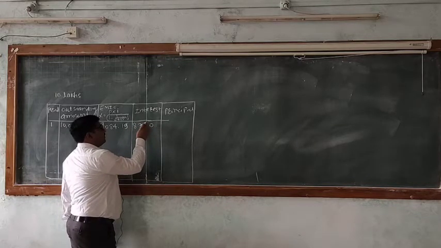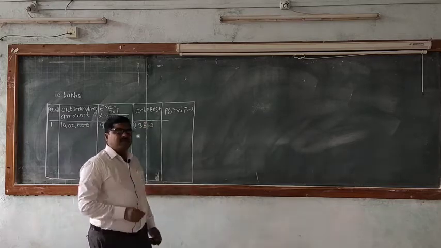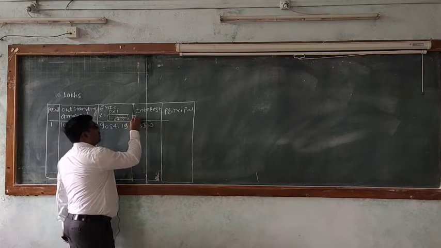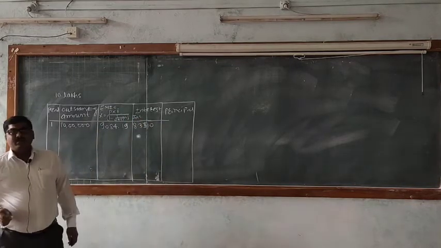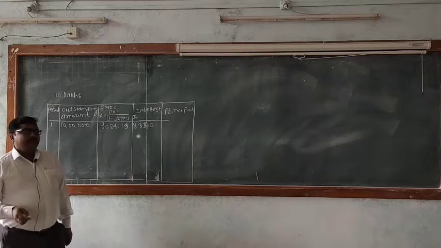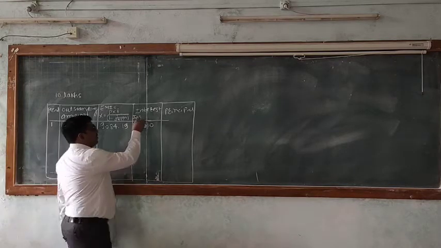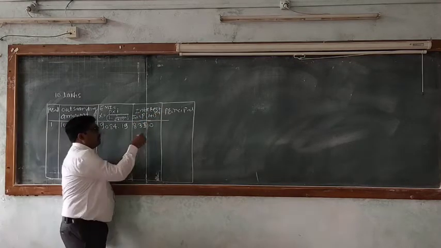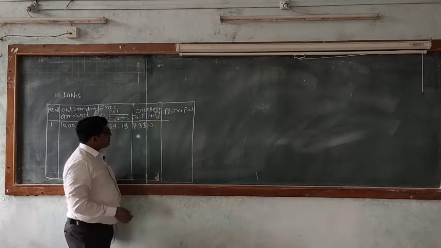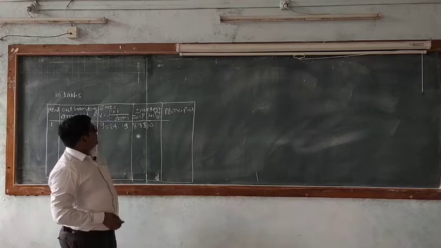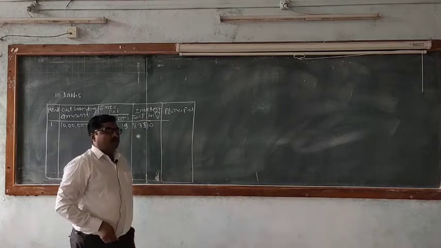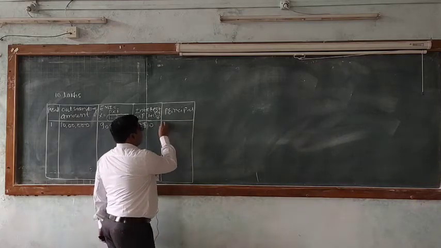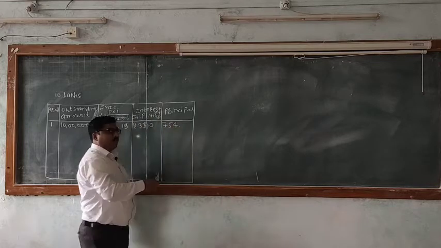So interest is 8330. Interest is also calculated by using the formula I_n equal to, I_n means compound interest for the nth period, which is equal to P into (1 plus I) raised to power n minus 1, into I. This is your formula for calculating interest. And the last one is principal, 754.19.